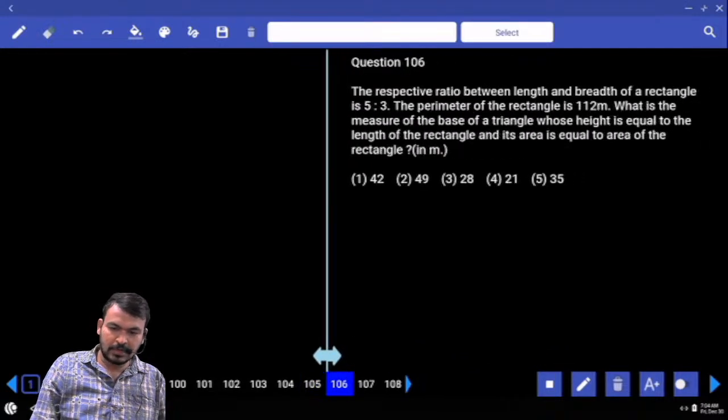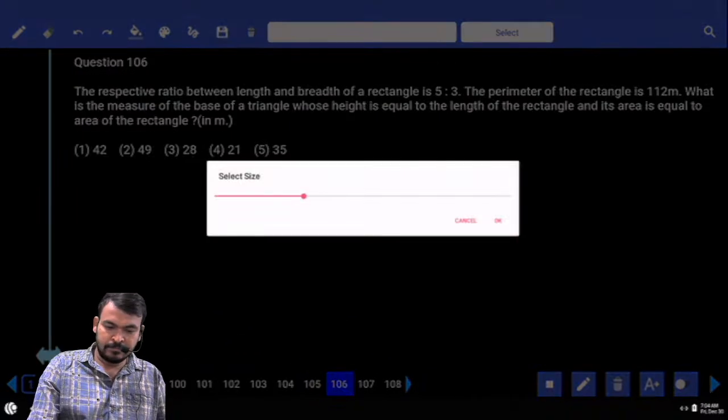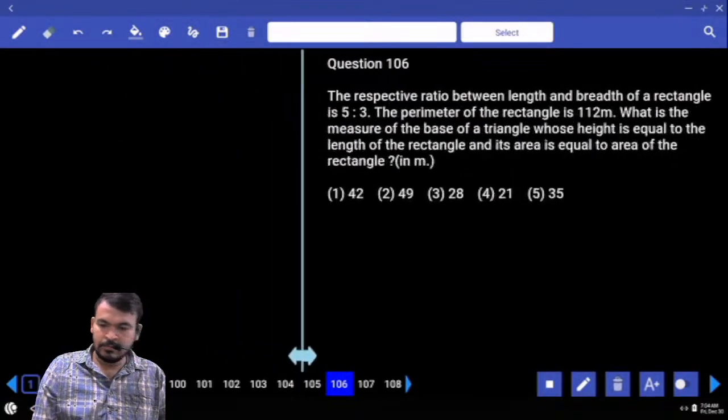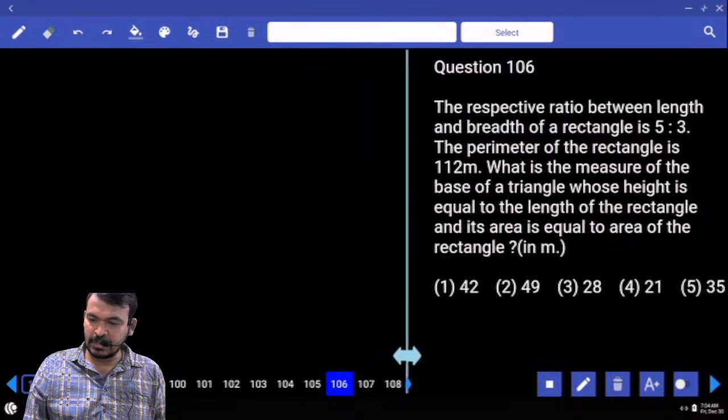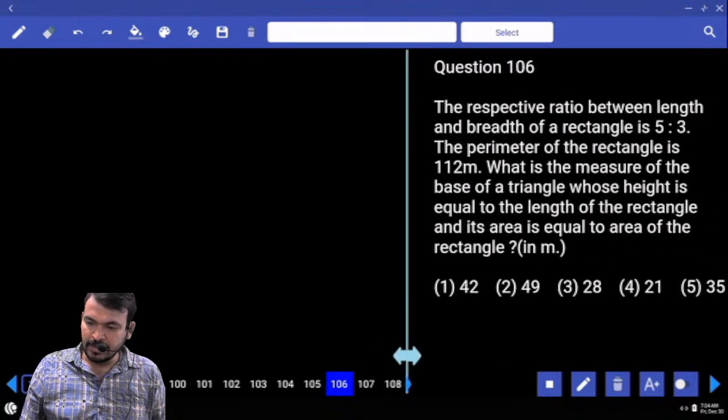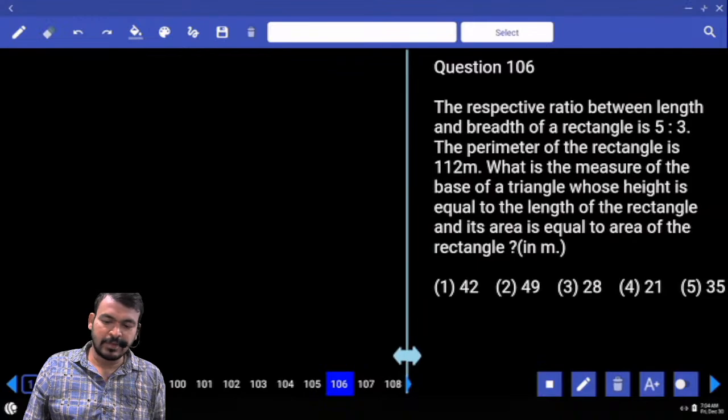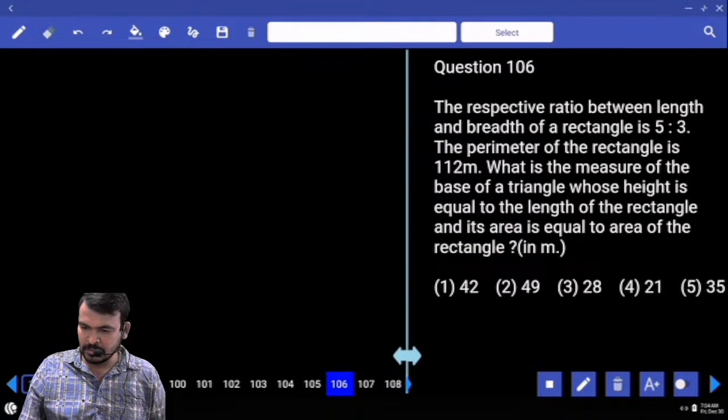Question number 106. The respective ratio between the length and breadth of a rectangle is 5:3. The perimeter of the rectangle is 112 meters. What is the measure of the base of the triangle whose height is equal to